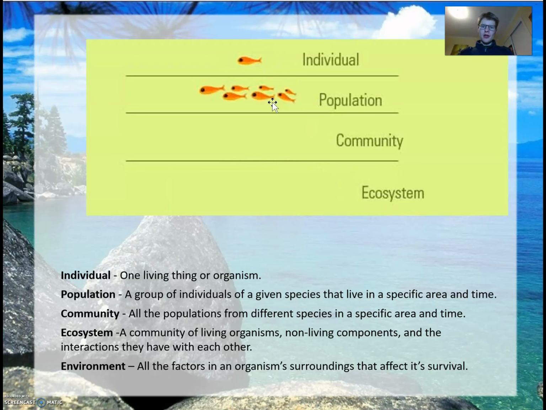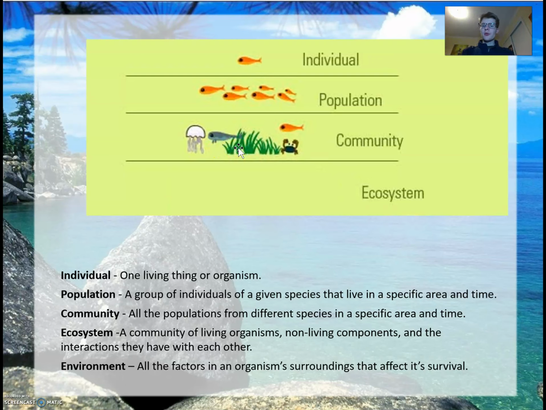All right. Now, a population refers to all the individuals of one species in a habitat. So all the different fish all together, grouped all together in one spot, that's a population. A community refers to all the different populations of all the different organisms, both plants and animals, all grouped in the same area. So all the different fish and all the different crabs and all the different jellyfish and seaweed, all the different organism populations grouped into the same area, that's a community.